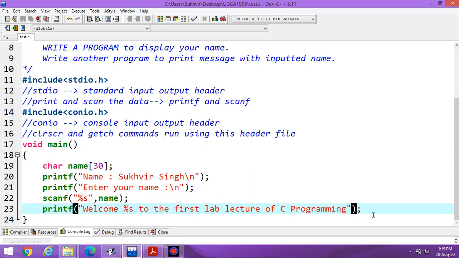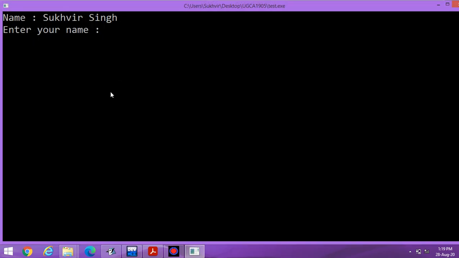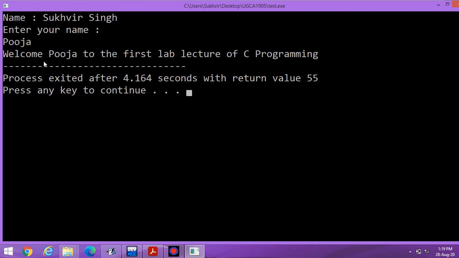Here you have to write name, because this name will be displayed at the position of %s. That's why the error is there. Compile and run. Enter the name. Suppose I am writing Pooja. Welcome Pooja to the first lab lecture of C programming.